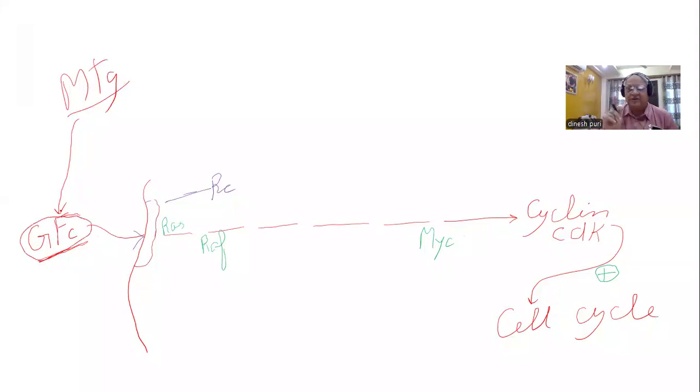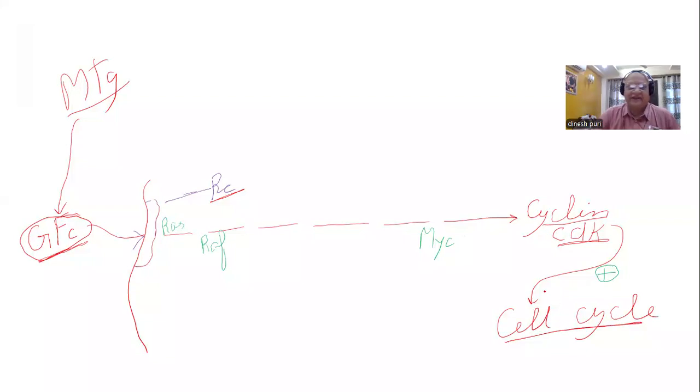Growth factor is not a single protein, it is a group of more than 100 proteins which interact with the respective receptor. And then by a series of changes, the cascading pathway, ultimately they converge onto cyclin and CDK proteins. These are the cyclin dependent kinases, which cause phosphorylation of multiple intracellular proteins and which help in progression